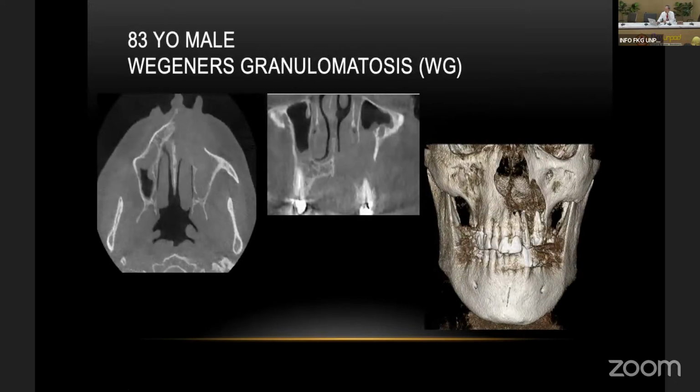Now, in the sinus or nasal cavity area, when you see destruction, it is almost always one of two things. One is Wegener's granulomatosis. The other one is malignancy. As a matter of fact, if you see a scan like this, a combined CT like this one, my first impression would probably be malignancy. But the biopsy turned out to be Wegener's granulomatosis.